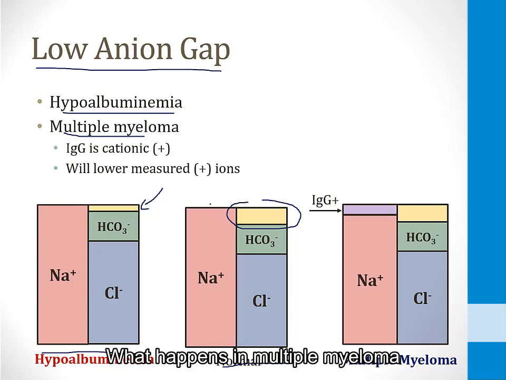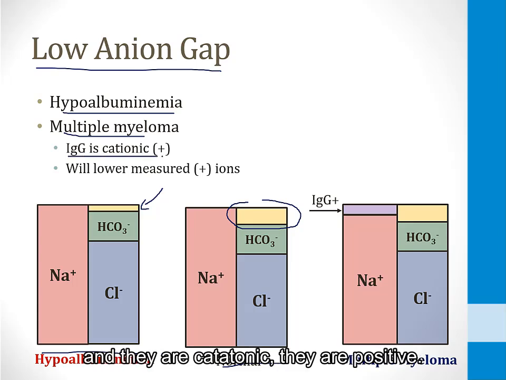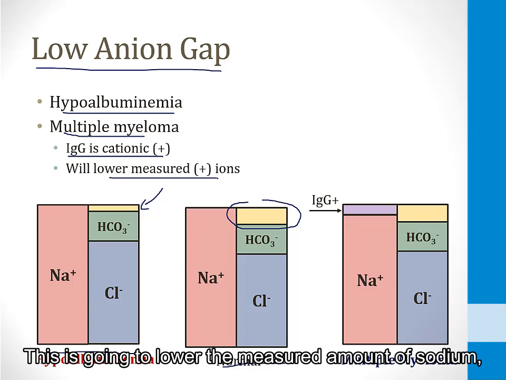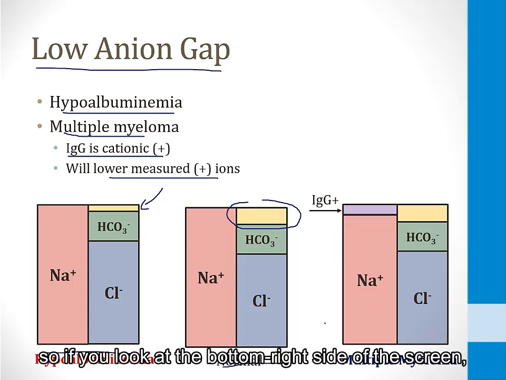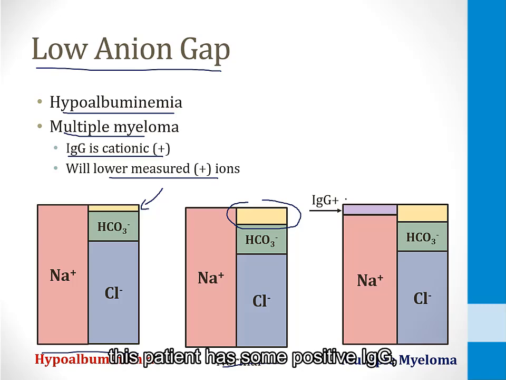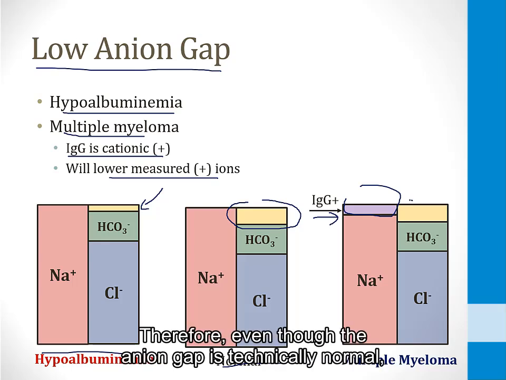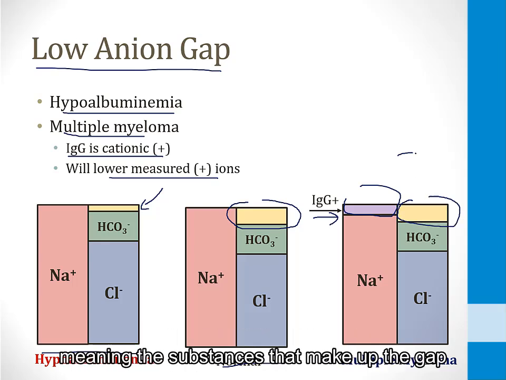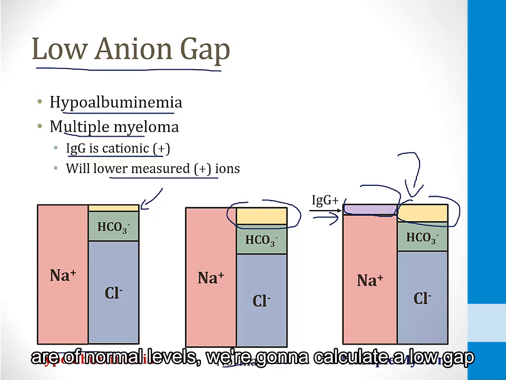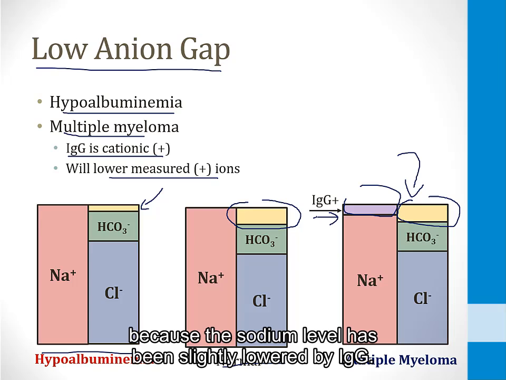What happens in multiple myeloma is that often IgG antibodies are produced and they are cationic, they are positive. So they are going to push sodium ions, which are also positive, out of the plasma. This is going to lower the measured amount of sodium. So if you look at the bottom right side of the screen, this patient has some positive IgG, which has lowered the sodium level. Therefore, even though the anion gap is technically normal, meaning the substances that make up the gap are of normal levels, we're going to calculate a low gap because the sodium level has been slightly lowered